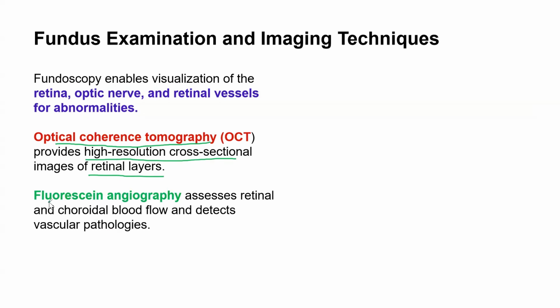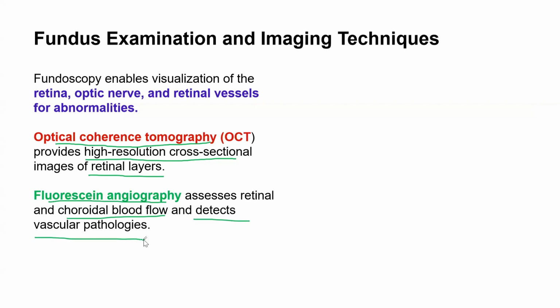Then the last one here, we have what you call fluorescein angiography. In the case of fluorescein angiography, it usually assesses retinal and choroidal blood flow,